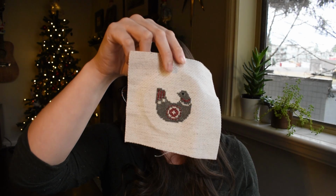Again, these patterns, they didn't have any back stitching at all. So I definitely got a little creative with them. I also didn't use the colors that they said. I opted for